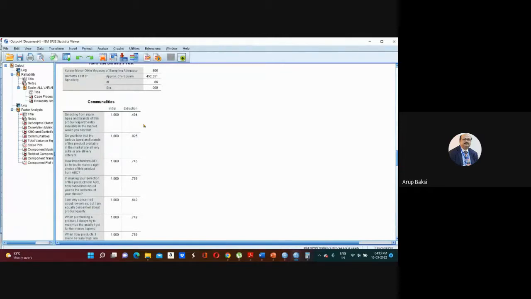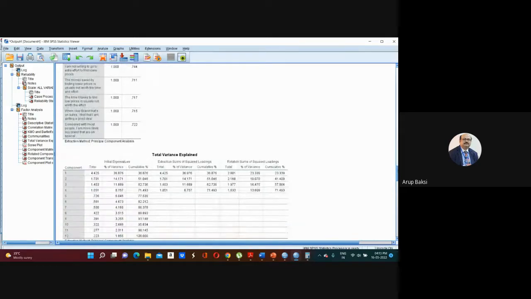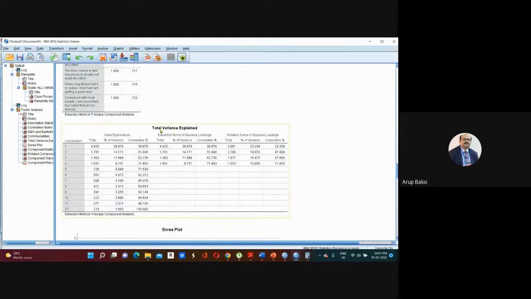Communalities is the amount of variance available that shares with all the other variables being concerned. This is also the proportion of variance explained by the common factors. So all these communalities are here. And then the total variance explained, we are seeing that the number of rotated factors that has been extracted is 4, because these 4 factors are explaining a total variance of